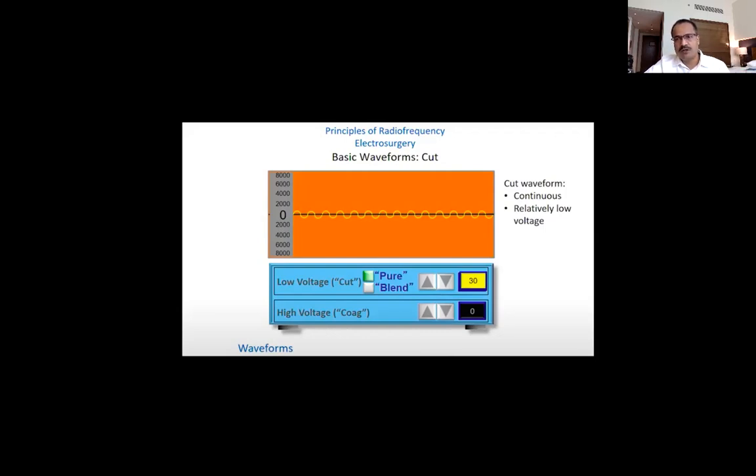But before the doctors, the engineers have used these words cut and coagulation for their current without actually understanding that we might be interpreting them in the same terms. Since they have already used those words for current, which is creating a big confusion, they could have really used any other terms. We would have given them very fancy names for cut. They could have used ting current and tong current, which means a low voltage continuous current. Now since they have used the word cut, the whole confusion happened.